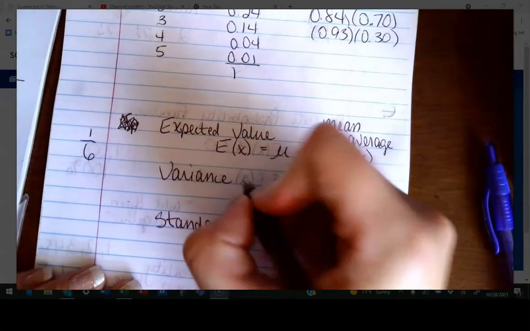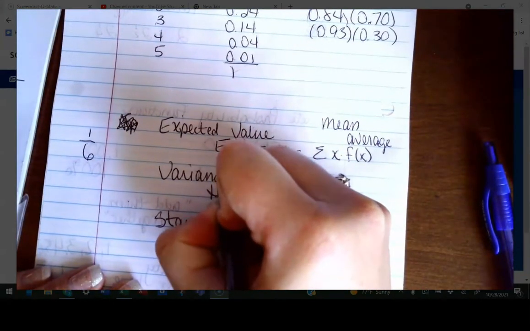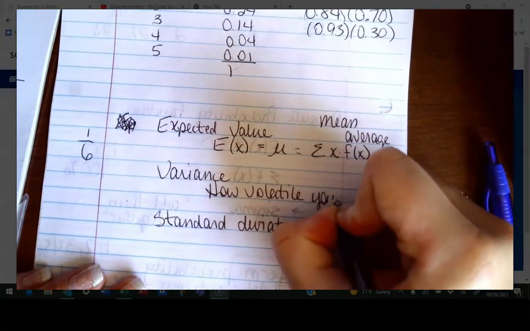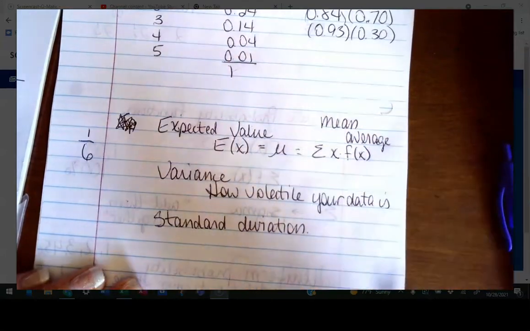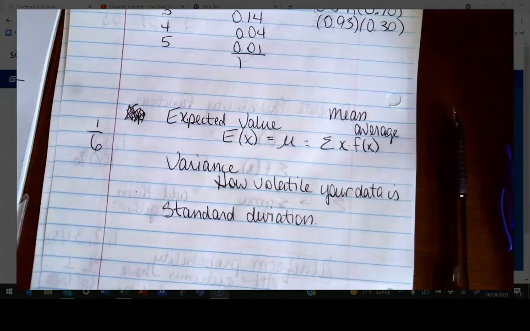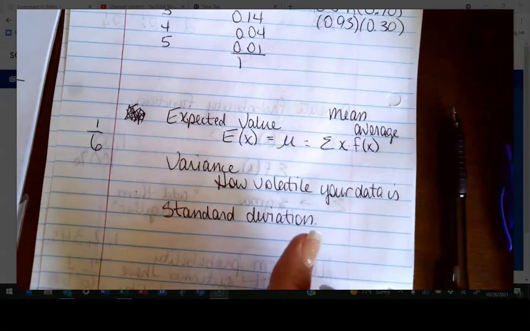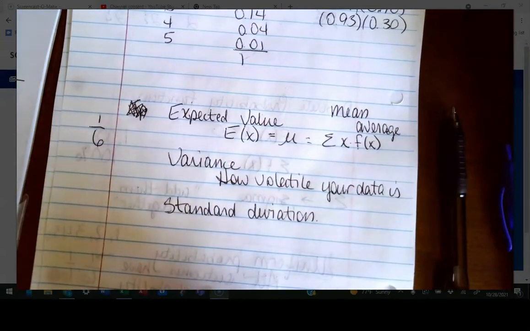So what is variance? Variance is how volatile your data is. Volatile means busy. Think about explosions. Is your data all nice and smooth and put together, or is your data all over the map? That's what we're trying to figure out, and that's what variance is. The issue is that variance is not very easily applied. It's a number that we come up with and we're like, high five, that's variance. It's hard to apply and give meaning to that number.